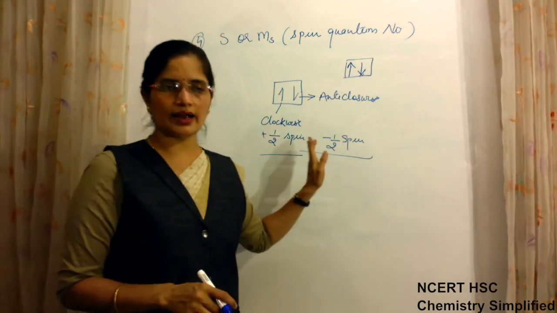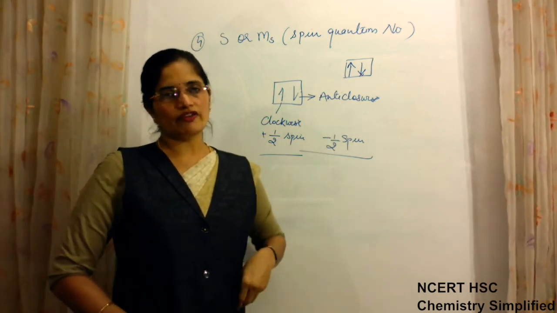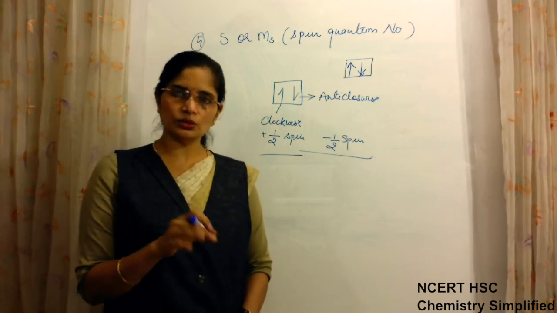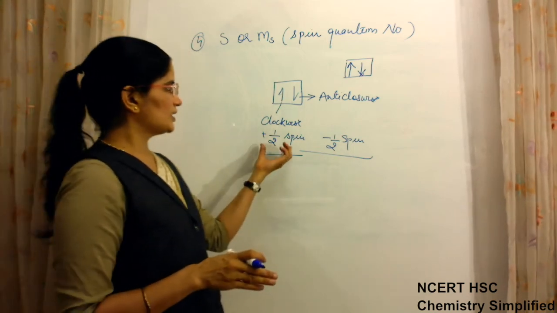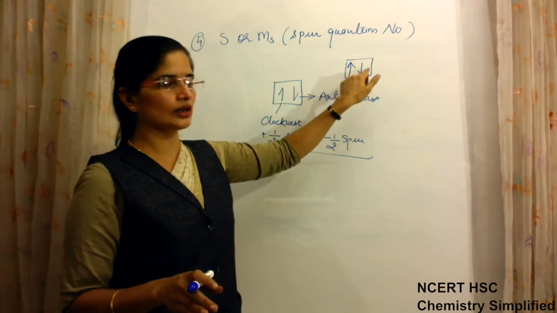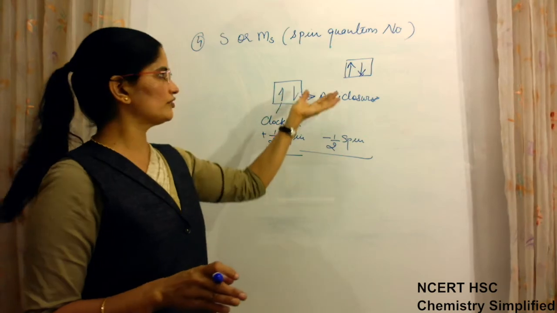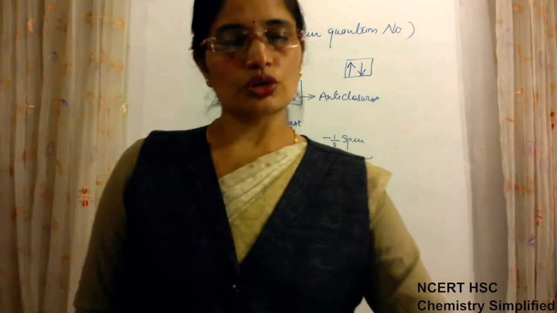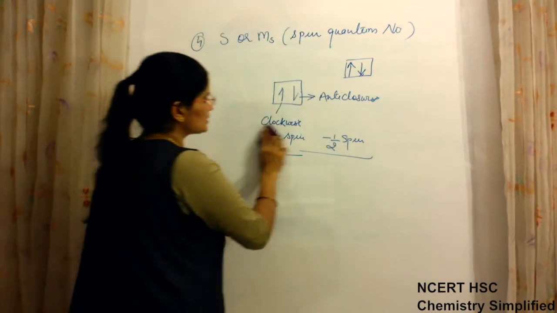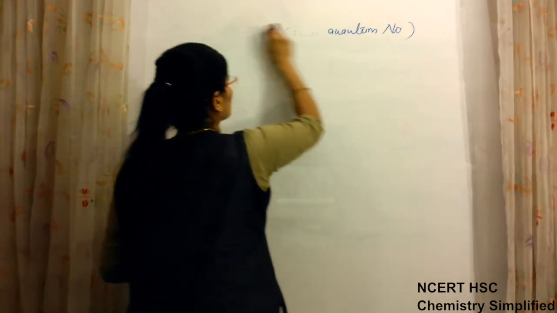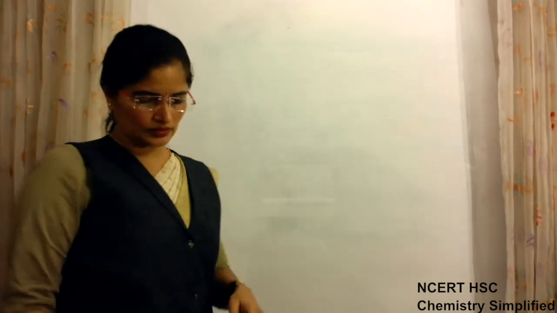Nowhere you have to use them while doing the filling of electrons. Plus half, minus half has no significance when you fill the electrons. The only thing you need to know is that when electrons are filled, the spins are opposite. You have to draw the diagrams. You have to show this, one clockwise, the other anti-clockwise. It must only be known to you what the mathematical value of these spins is, plus half, minus half. Okay. So these are all 4 quantum numbers which are required for the filling of electrons in these various shells, subshells and orbitals. Okay.